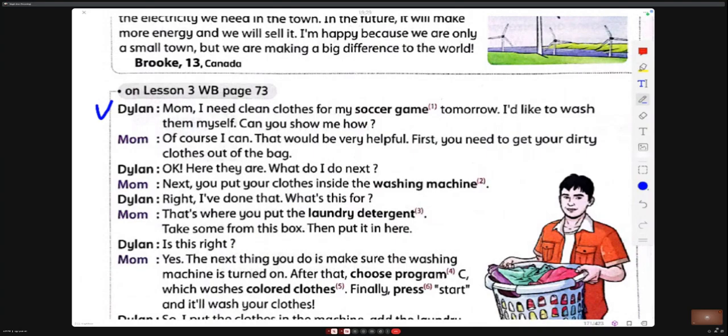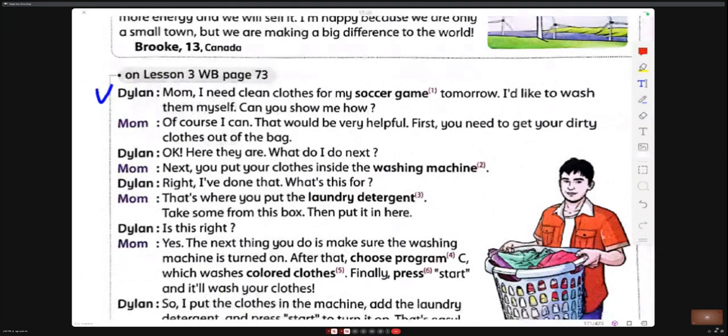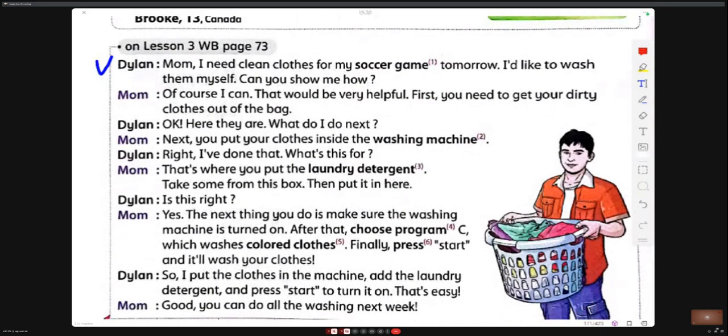Mom, I need clean clothes for my soccer game tomorrow. I would like to wash them myself. Can you show me how? Of course I can. That would be very helpful. First, you need to get your dirty clothes out of the bag. Okay, here they are. What do I do next? Next, you put your clothes inside the washing machine. Right, I have done that. What is this for?